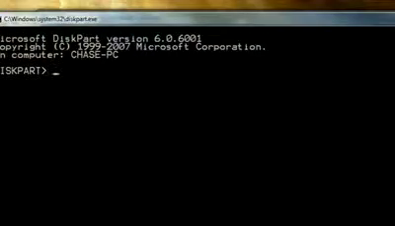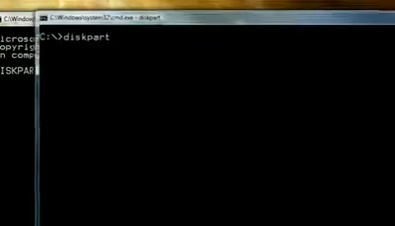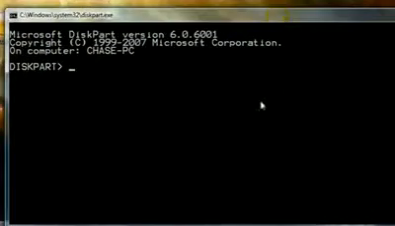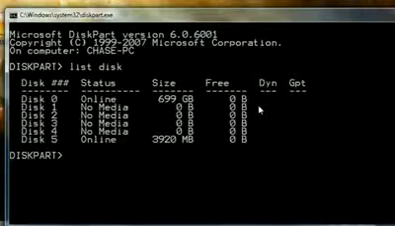So open up your command prompt and type in diskpart. That's going to open up the disk partitioner. If I would have just run the command prompt as administrator in the first place, I wouldn't have had to do that. If you type in list disk, you can get a listing of all the available disks. Now I know that my thumb drive is disk 5, but if you don't know,